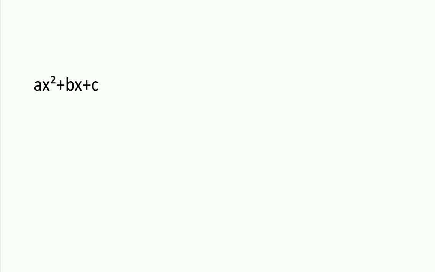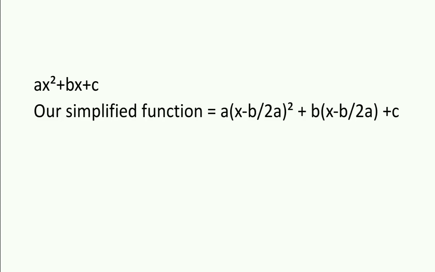And by doing that, we will get our earlier equation whose roots were very easy to find. So we know that to move this equation leftwards by minus b by 2a units, we need to replace all x with x minus b by 2a. And here we have our equation as ax squared plus bx plus c. Now as said before, we will replace all x by x minus b by 2a. So we get our transformed equation as a multiplied by x minus b by 2a, the whole squared, plus b multiplied by x minus b by 2a, plus c.